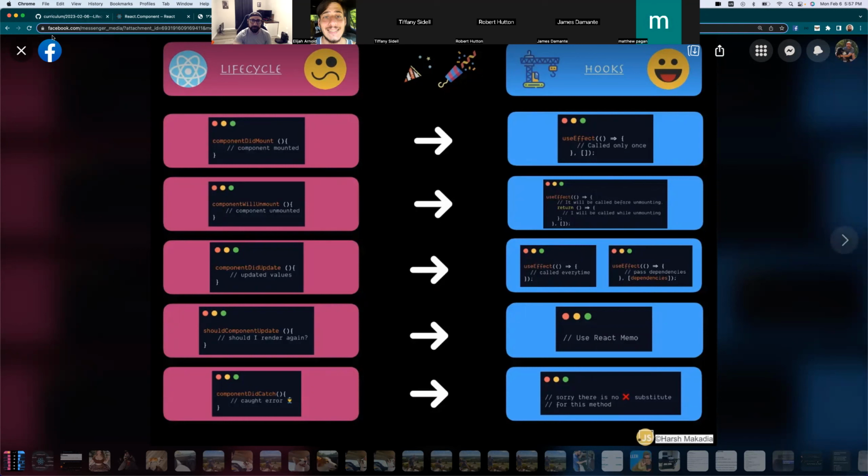Does that answer your question, right? Yeah, it does, because I only heard of useEffect. I'm like, where are the others? But that makes sense. Yeah, there are other hooks built into React, but they are not what I would consider